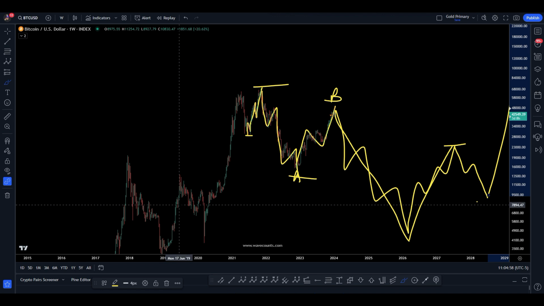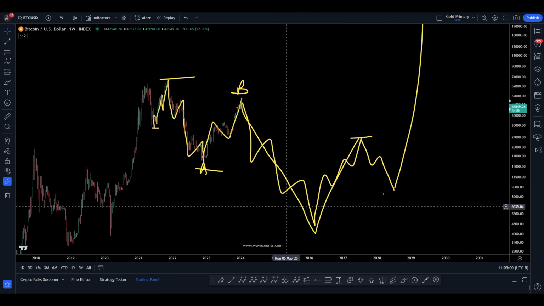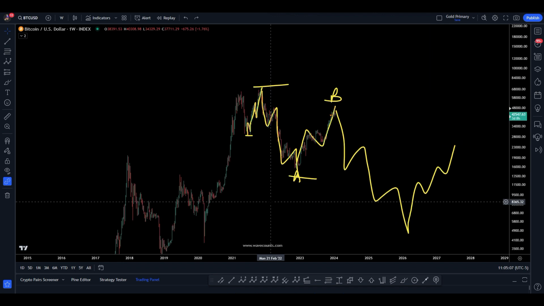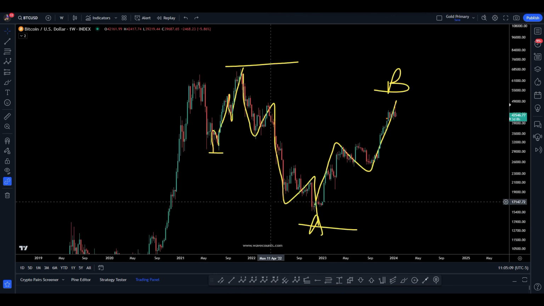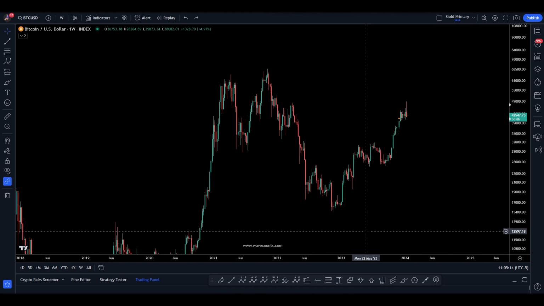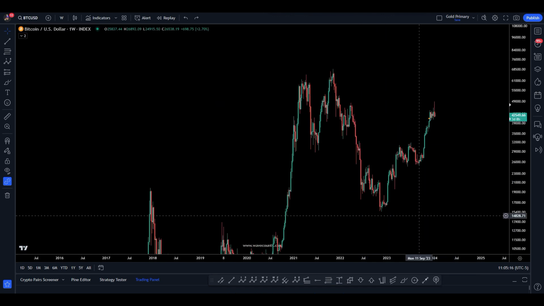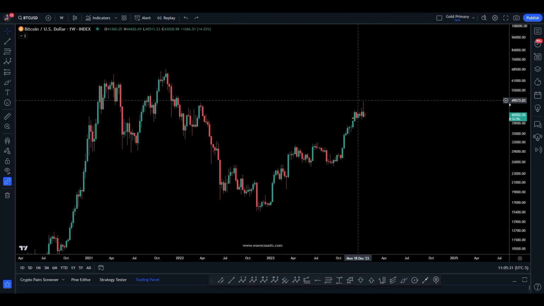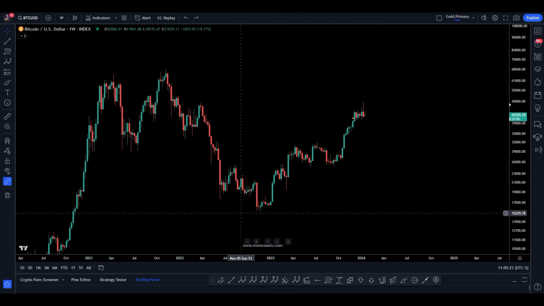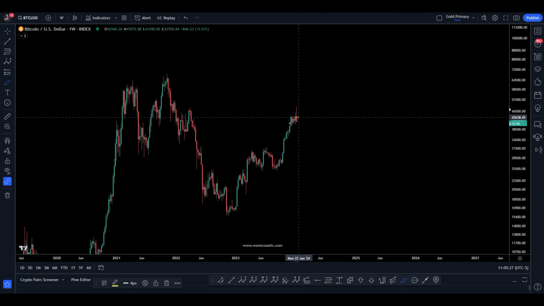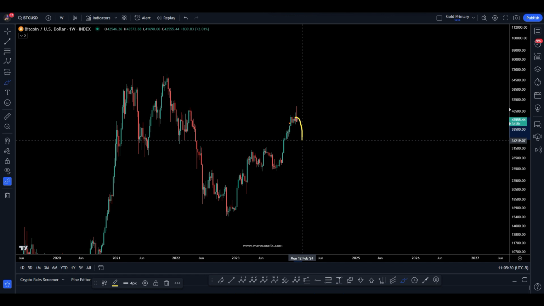Okay? It's literally that simple, guys. So now we just sit here and play it. Like, there's no way. Let's say that's 100% wrong. The most simplest thing on the planet is 100% wrong. Okay? And this starts impulsing. So we get a little pullback, and then it's just like, okay, here we go. Right? Boom, boom, boom, boom, boom.